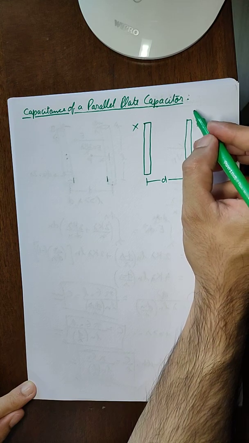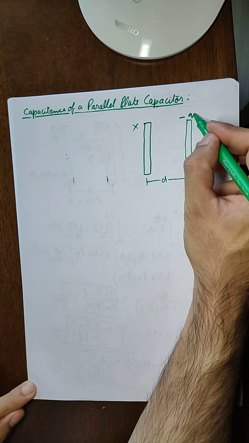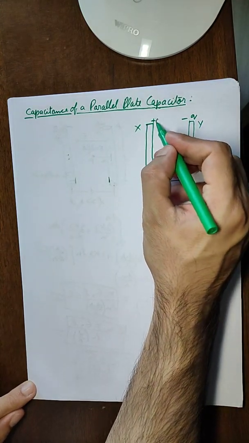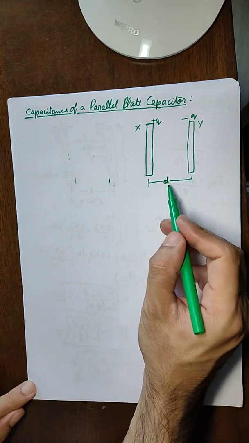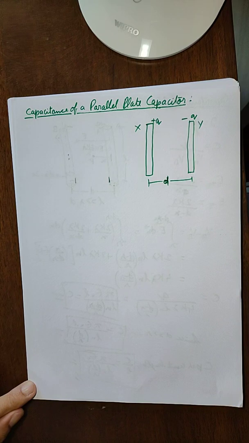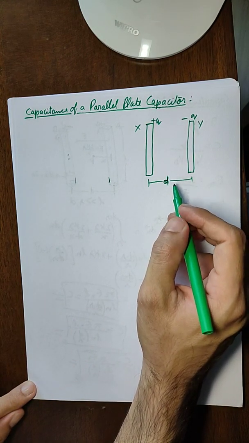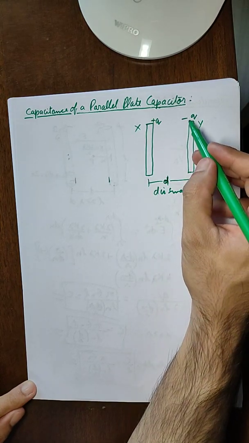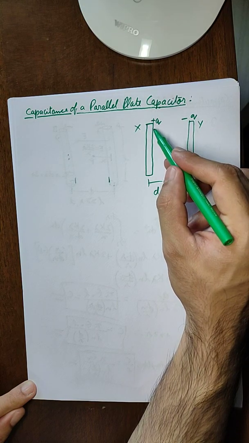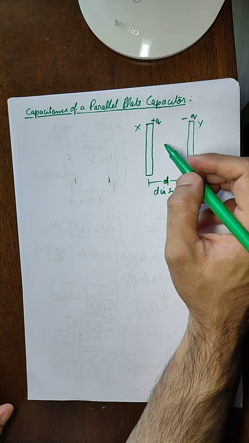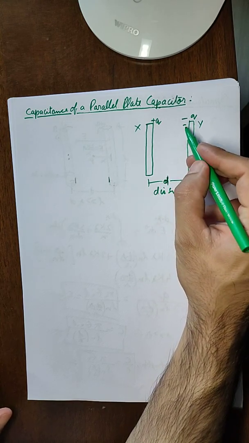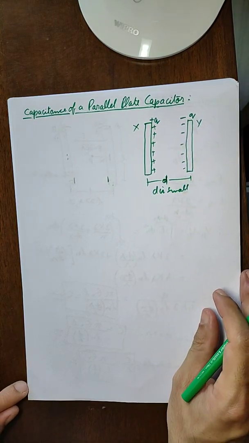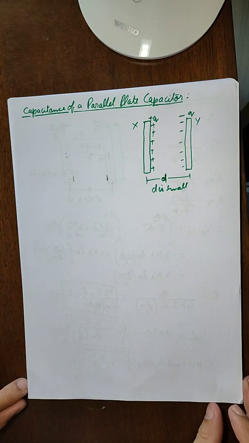Now if minus Q charge is given to the Y plate, then it will induce a charge plus Q here, because d is small. In a parallel plate capacitor, in physical applications also, d is made very small, so you can write here that d is small. So because of this, if we give minus Q charge on Y, it will induce a plus Q charge on plate X. Now we have already studied in the previous videos that both the charges will exist only on the inner surface of the plates. To understand why this happens, you have to refer to the earlier videos in electrostatics.